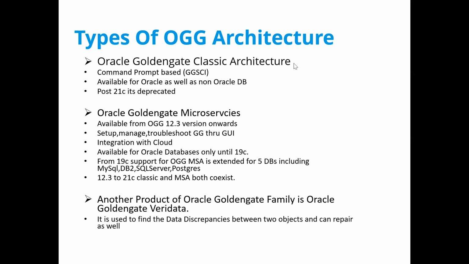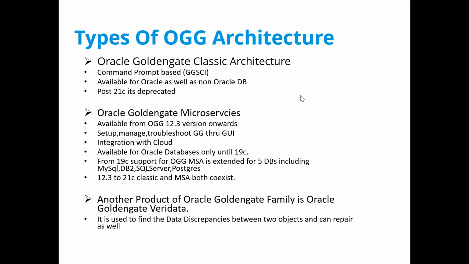So remember, guys, there are only two types of architectures in Golden Gate: classic architecture and microservices architecture. There is no integrated architecture. Since the beginning, there has been no architecture called integrated. There are only two types of architecture: classic and microservices. When no type of architecture was named, the initial architecture was renamed as classic architecture. So classic here refers to traditional architecture.